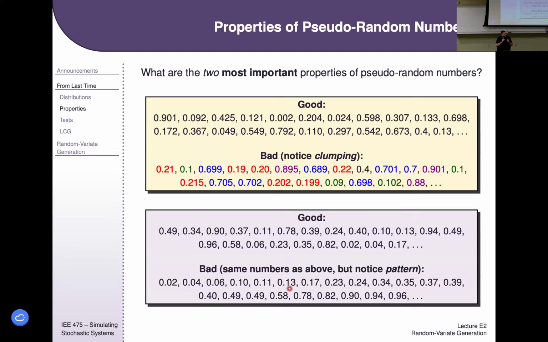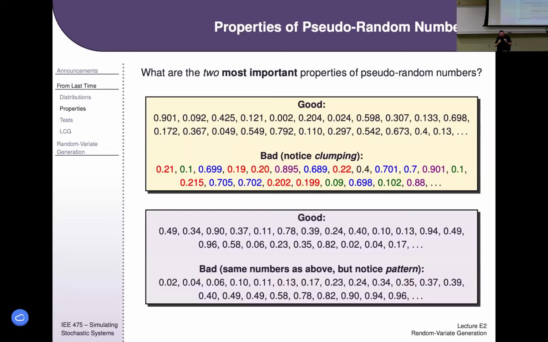And then down here, these are not independent. We know they're not independent because there's a pattern. You see that there are low numbers here and high numbers here, so they are roughly sorted. Another pattern, just as bad, would be if they were alternating, always low, high, low, high. If there's any way to predict the next number from information from the previous numbers, it's a